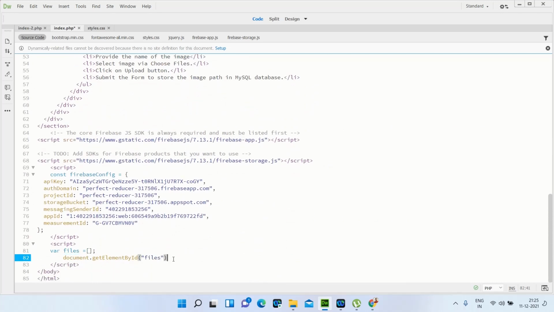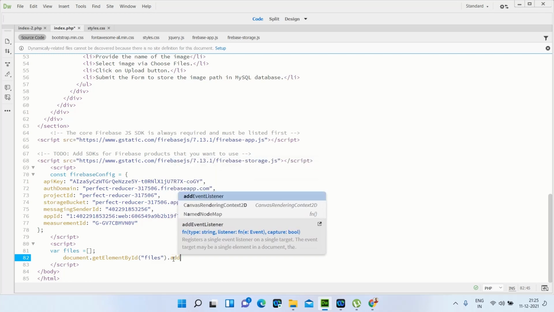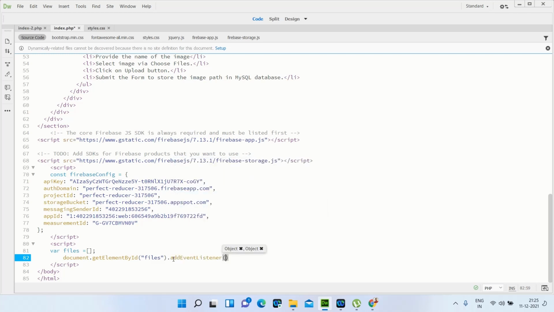Files dot addEventListener, okay, and on change.